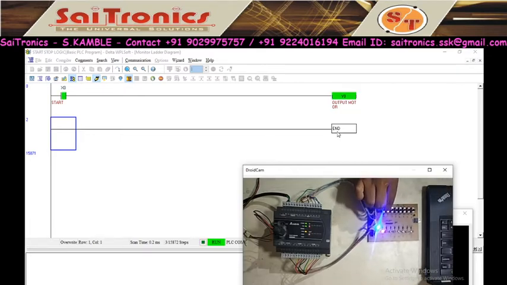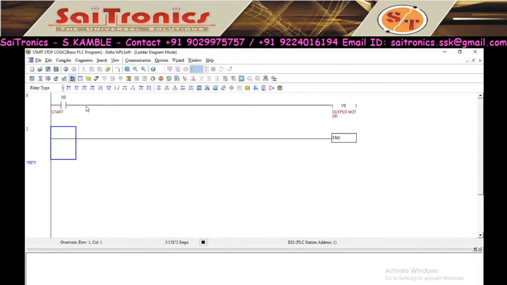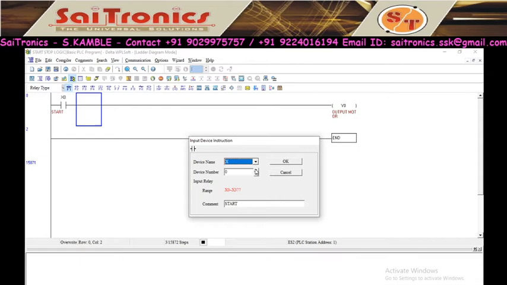So this is simple on off. But I don't want this. In industry, there are two separate buttons to start and stop. So I want that logic, start and stop. So I will change the program. First I have to come out of this online. Then I have to add here one switch. This switch is stop. So if I select normally open switch, X1,